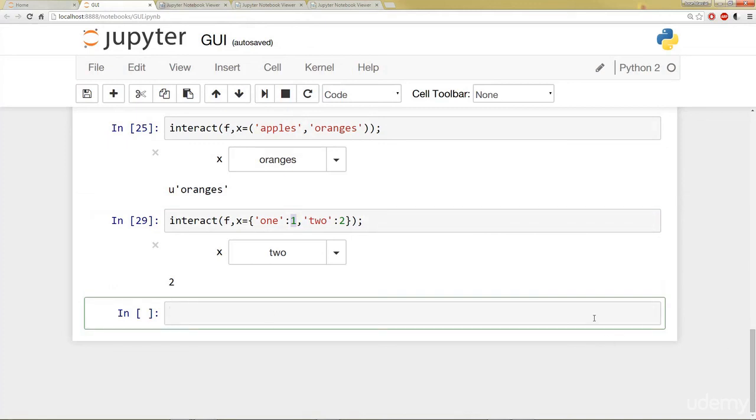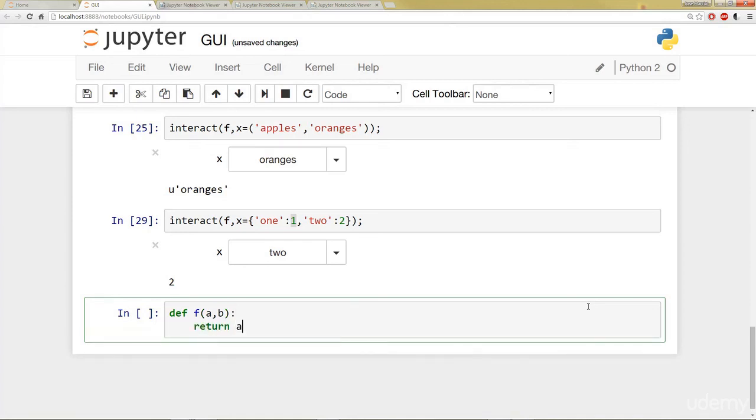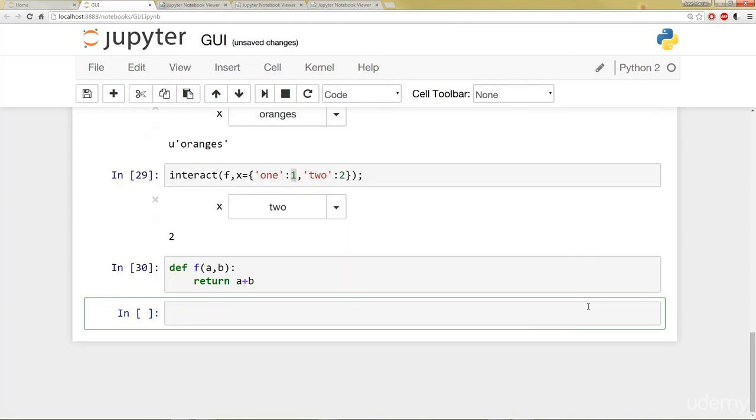So let's go ahead and make a really simple function again. This function is just going to be f. It's going to take in 2 arguments, a, b. It's going to return a plus b. And instead of calling interact, I'm going to call interactive. I'm going to call it on that function. I'm going to set a equal to 10 and b equal to 20. So you notice if I run this,